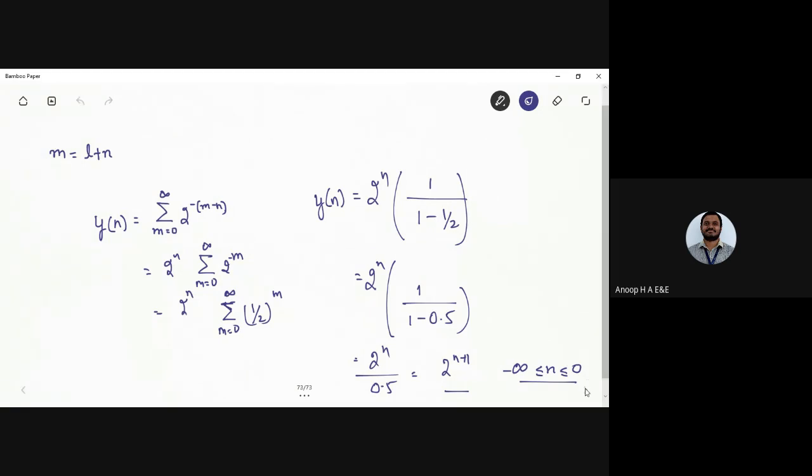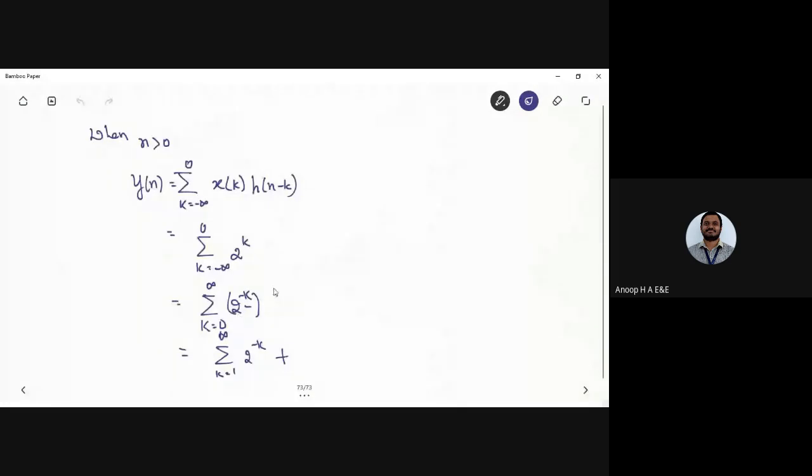So how would I get it as 2 here? So I have 2 power minus k. Let me make it quite simple for you. 2 power minus k, so let me keep it as 0 only here. I'll be having sigma k equal to 0 to infinity 1 by 2 power k. Got it? So I have the infinite summation formula, where I'll write it like this: 1 by 1 minus 1 by 2. That would be equal to 2 at the end.